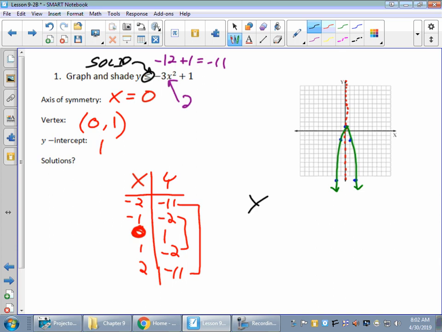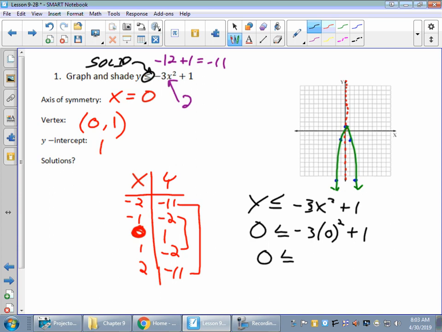So if I take the original equation, oops, let's put x in there instead. So when I get the whole original equation, just remember we're testing. Plug a 0 in for x and a 0 in for y. What we're going to get here is 0 squared is 0, times negative 3 is also 0. So I have 0 plus 1. So my statement would say 0 is less than or equal to 1. Is that true? Yes, that is true. So we got a true statement,